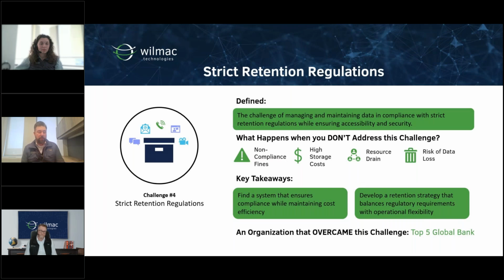We don't have things in formats that we can't access. A lot of what we're talking about is because of this challenge. And now we've got to go solve for all of it because we have to keep this stuff. Yeah. And just keeping this stuff in itself is one of those risks, because older systems have a higher propensity